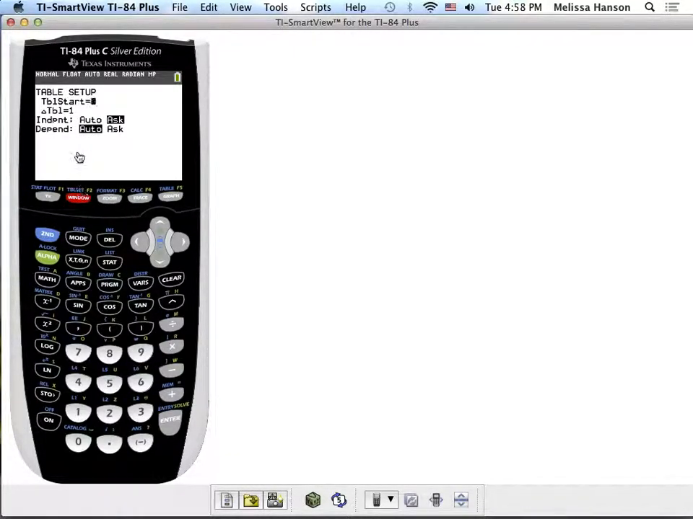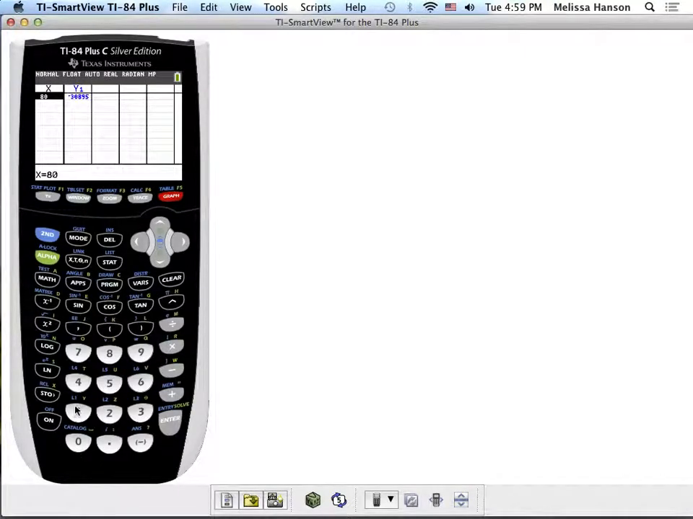I'm going to go to my table setup and turn my independent variable, which is x, I'm going to change that to ask. And when I do that, once I've changed this setting to ask, I can go to my table and I can type in 1993 for x. Okay, so what this is doing is it's saving me the time of inputting 1993 into my equation for x